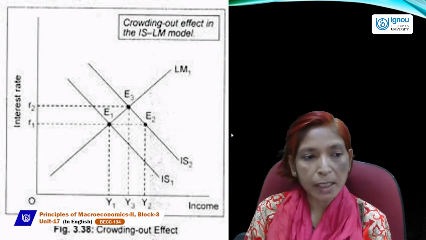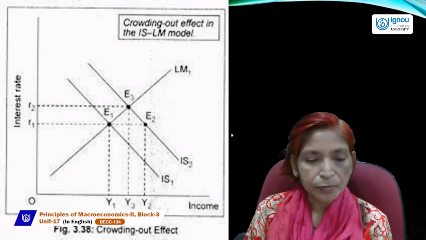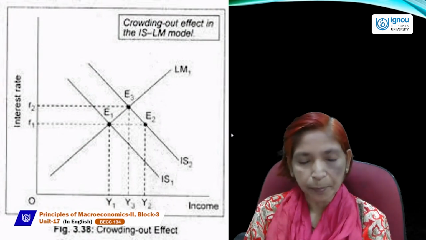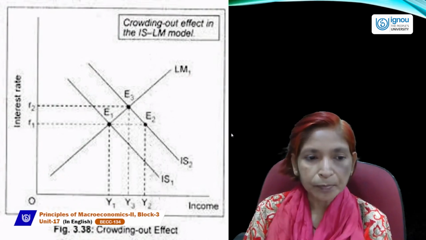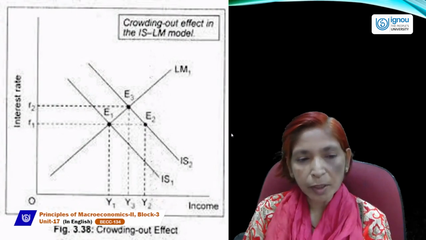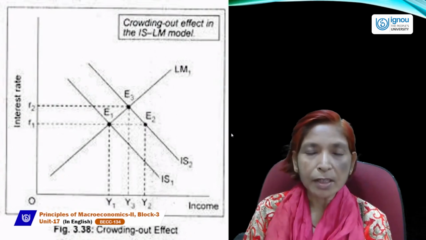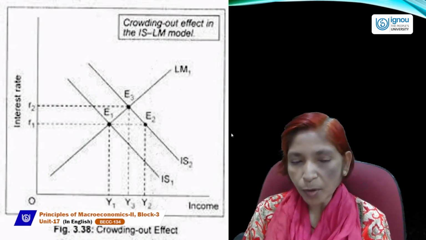At this equilibrium point, the rate of interest will rise from OR1 to OR2 and the income level will also increase from OY1 to OY3. But if we take only the same level of rate of interest like R1, then we can get another equilibrium point, that is E2. At this equilibrium point, the level of income is Y2. If the rate of interest remains constant, then income level can increase by the multiplier due to expansionary fiscal policy.